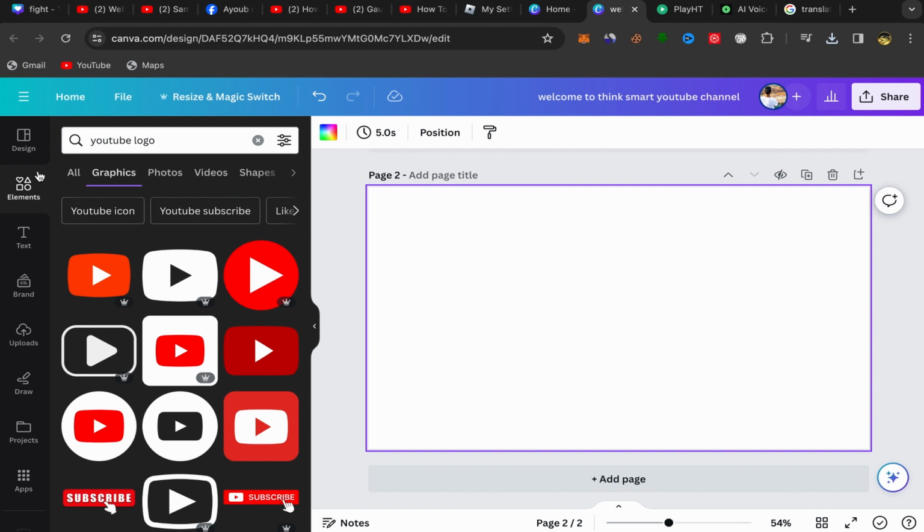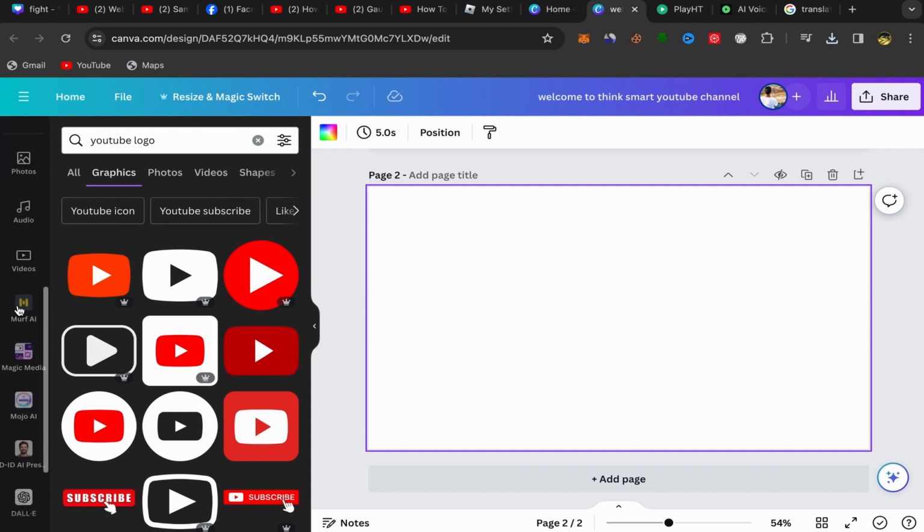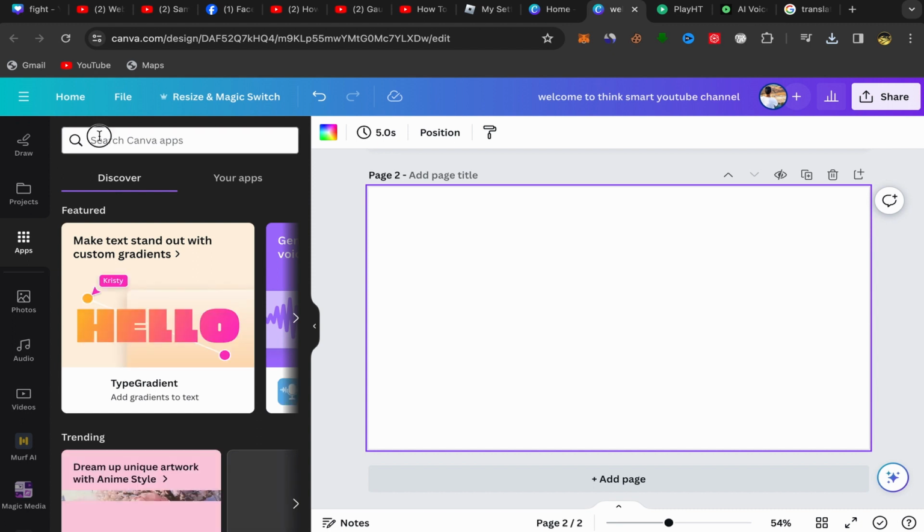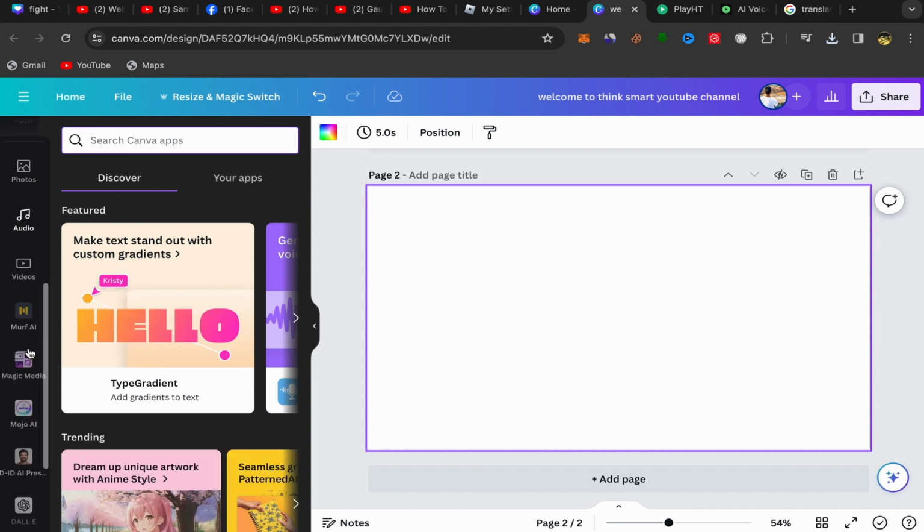Then you have here design, element, text, scroll down and search for this app over here, Speed Paint. If you don't have this option, let me show you. Go over here to apps and search for speed paint.